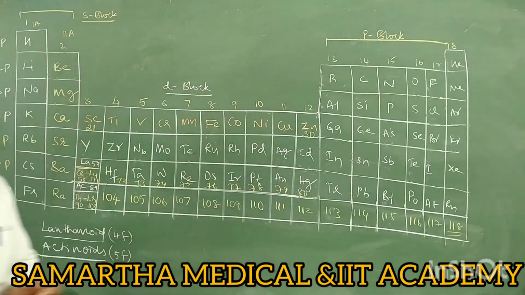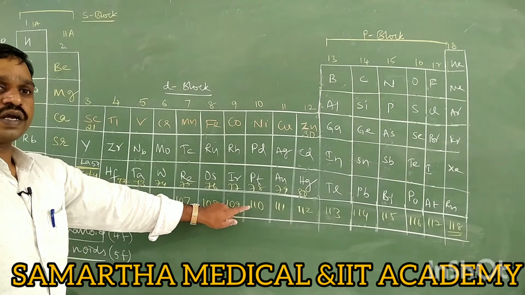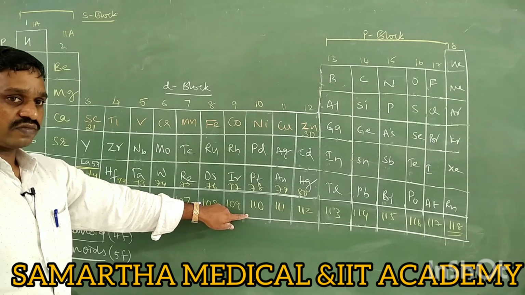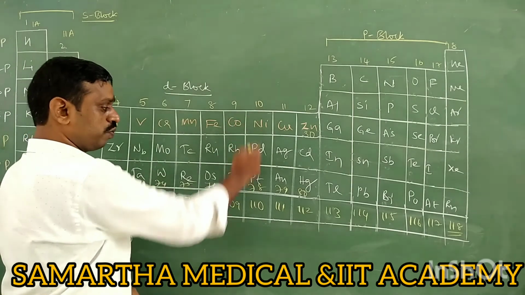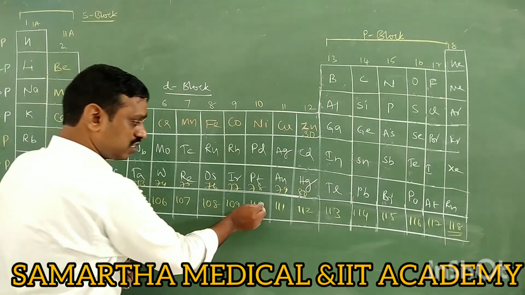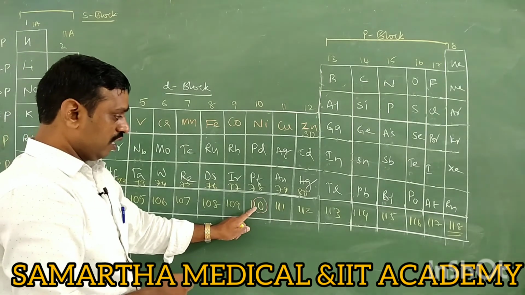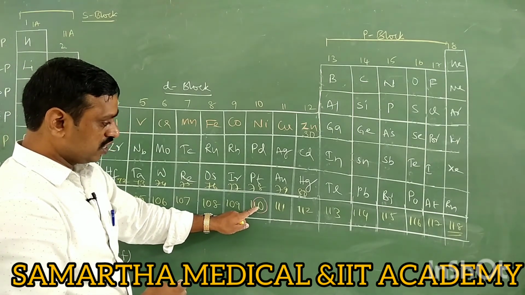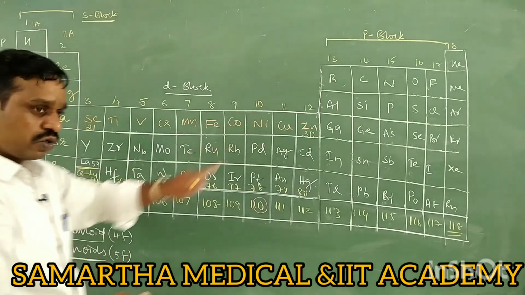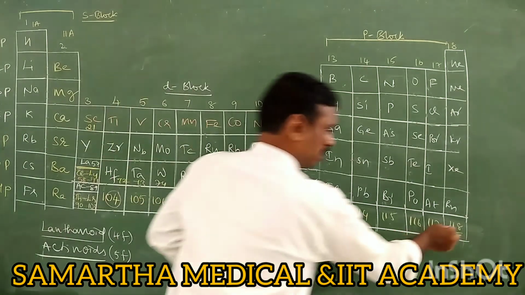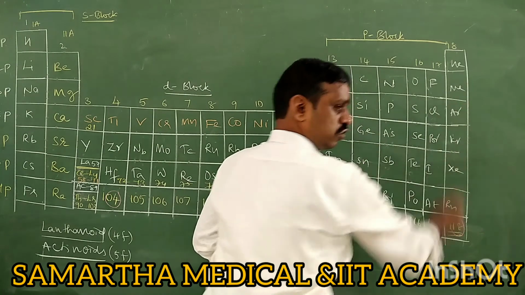Now what questions are important? Suppose the question is, atomic number 1110, it belongs to which group? 10th group. Therefore you just remember the last 2 digits. If the last two digits are 10, it is the 10th group. Last 2 digits 04, 4th group. Like last 2 digits 18, 18th group. That's it.